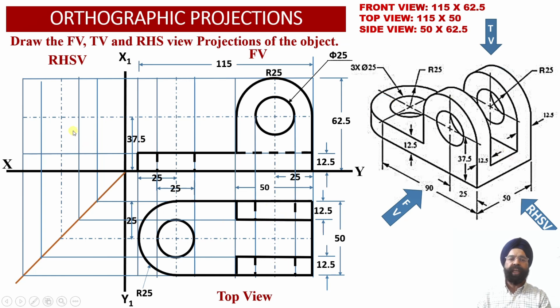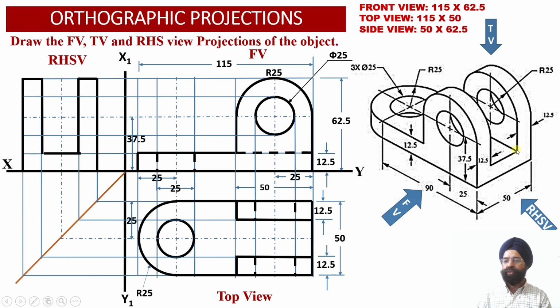Now let us proceed to evaluate the right hand side view projections corresponding to this solid. As the observer is going to look at the solid from the right hand side, we are going to observe one rectangular projection corresponding to this front side vertical web, one rectangular projection corresponding to this rear side vertical web, and one rectangular projection corresponding to this horizontal web. And besides these three rectangular projections, we know that there is one hole available